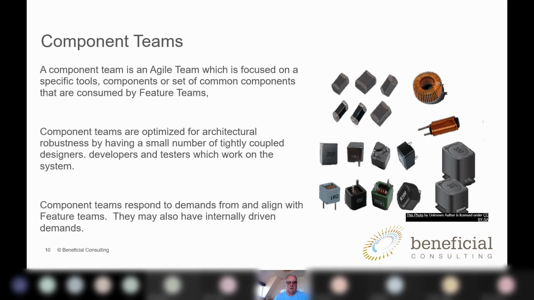They might call them something else, like tool teams or enabling teams, or there could be a lot of different types of language used. But basically, these are teams that deliver things to feature teams, and the feature teams bolt components together in order to deliver the solution to the customer.